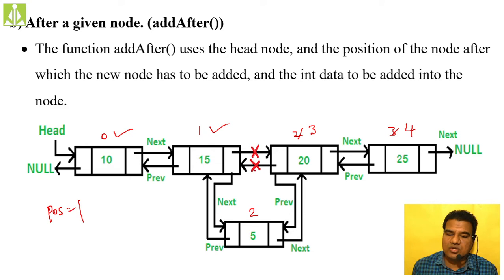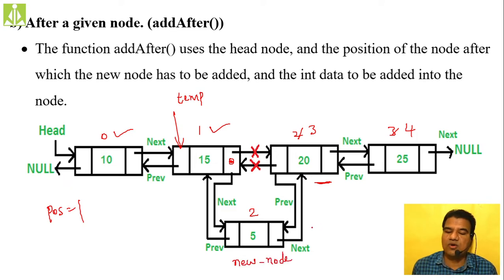So in short, this node will occupy over here, this node will come in between 1 and 3, and this newly created node's position will become 2. Okay, so when you are adding this, what we have to do is run a pointer till this point, temp. After running this pointer, the newly created node's next pointer should point to temp of next, because temp of next will have the address of this thing, isn't it? This is my new underscore node.